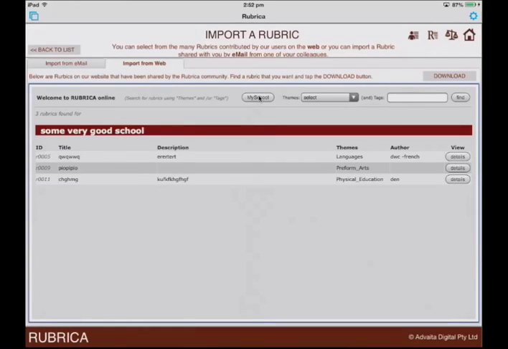you can see then there's a list of rubrics, not very meaningful ones, but a list of rubrics that are associated with your school. So as long as your school has submitted rubrics for sharing amongst all the teachers, they'll come up in the list here, and you can then view the details of any particular rubric. Now I'm not sure that these are going to make much sense, so going back, we just tap on the Find button,